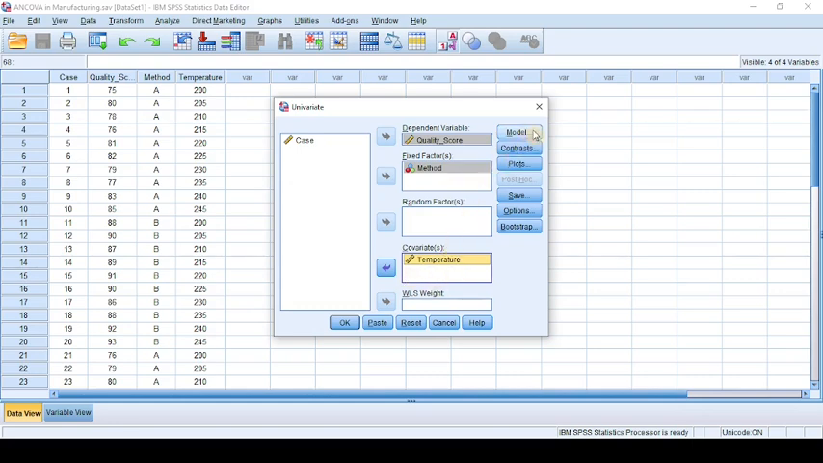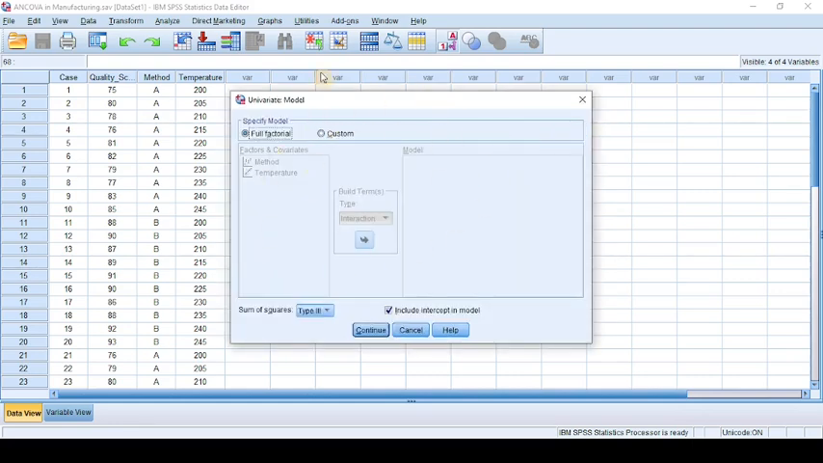Now, click on Model button to open the Univariate Model dialog box. In this dialog box, the first thing you should do is to specify the type of model you want to apply between the full factorial model, which is the default selection, and the custom model. But for quality assessment, manufacturing, and production, it is important to determine how the covariate influences the method of production. So, for the sake of this tutorial, go ahead and check the radio button for custom to activate the factors,